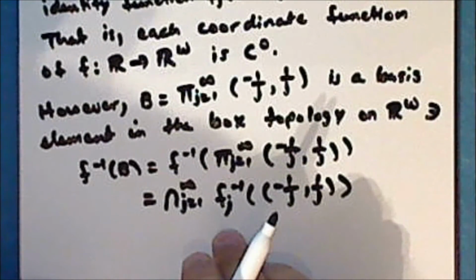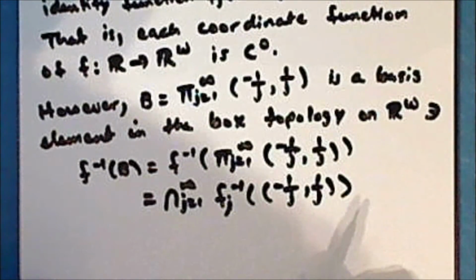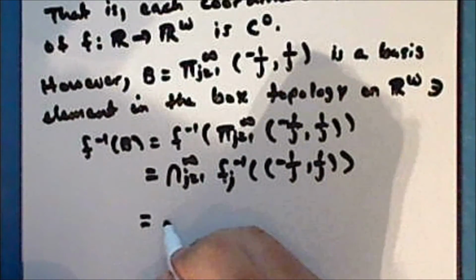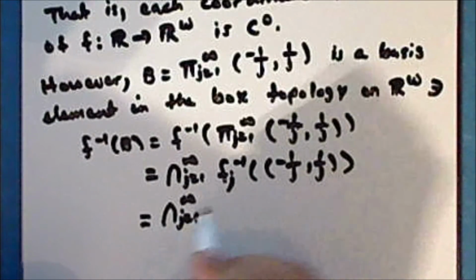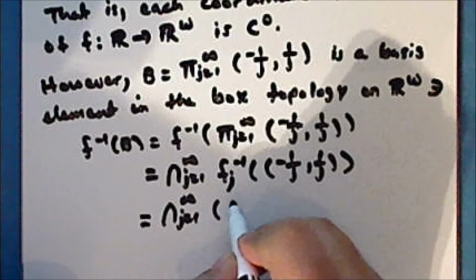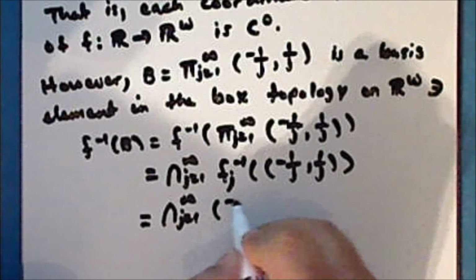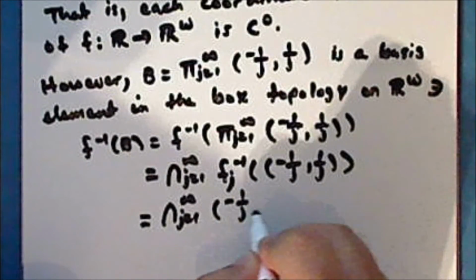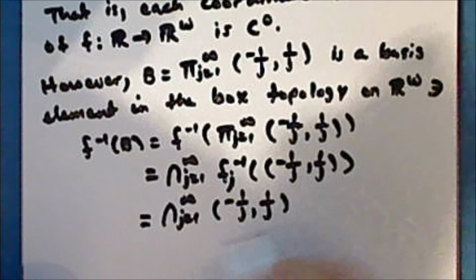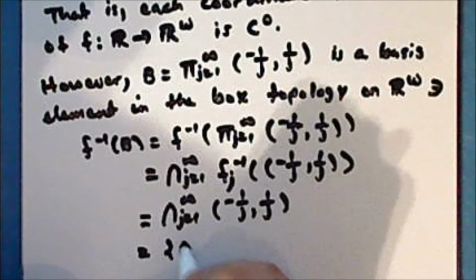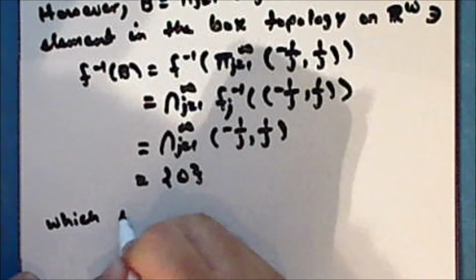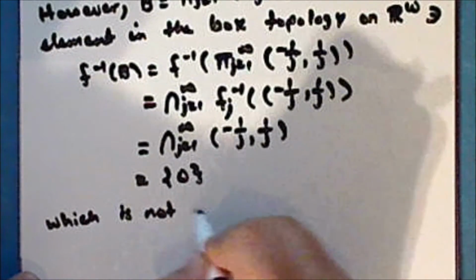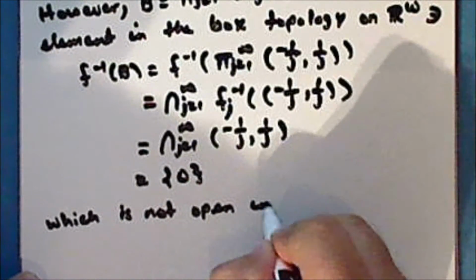And since each coordinate function is the identity function, this is the countably infinite intersection of the open intervals of the form -1/j to 1/j, which is the singleton containing 0, which is not open in the real line,